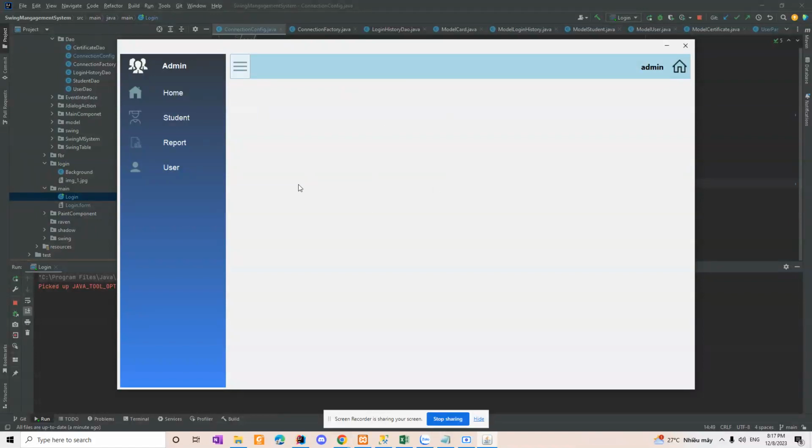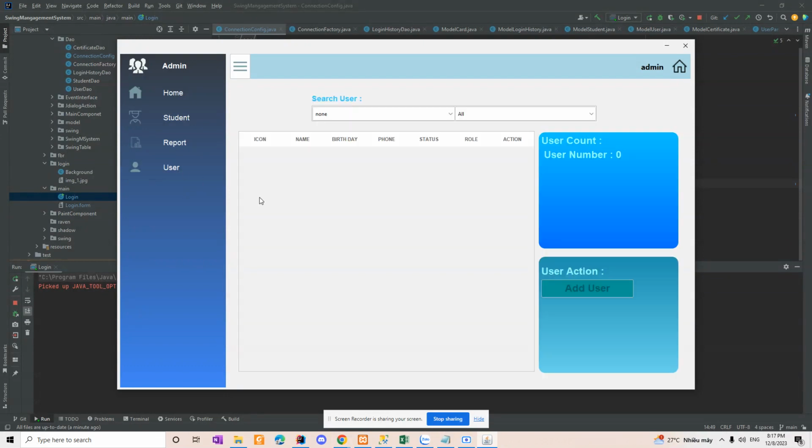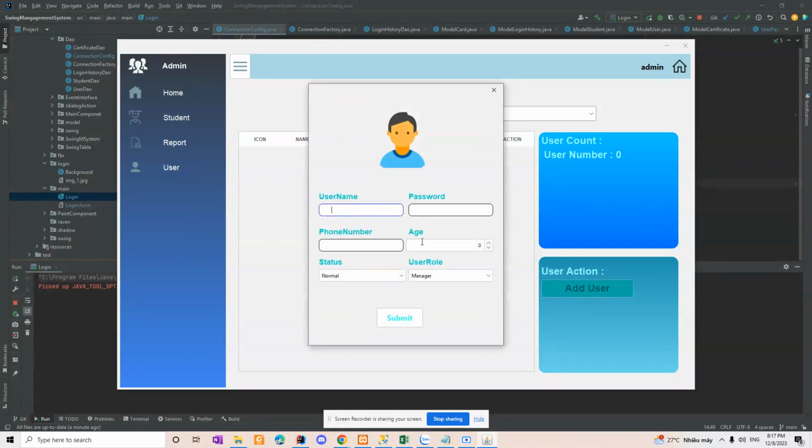To manage the system users, navigate to the user section within the application. Here, a variety of user management options are available. Currently, the user table is empty, so let's create some users to populate it. To add a new user, simply click on the Add User button to initiate the user creation process. Enter user details including username, password,